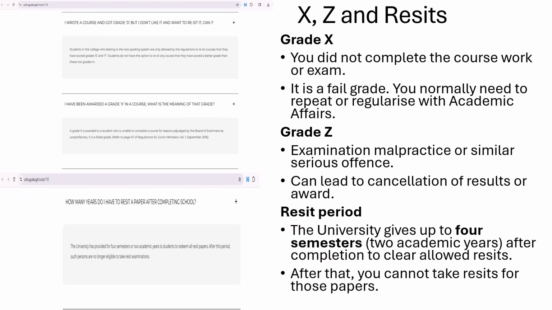So I'm going to explain this. He said, how many years do I have to resit a paper after completing school? For example, if you have a resit, you have 4 semesters, or let me put it as 2 years after completion to clear all resits. But after the 2 years, if you've not cleared all,